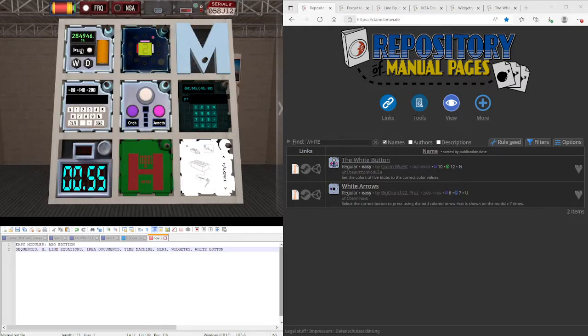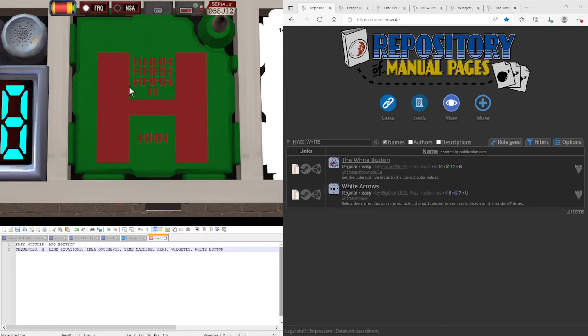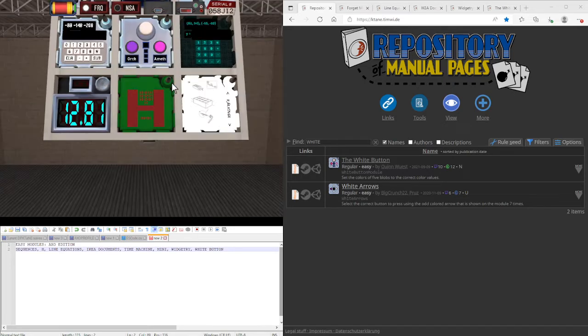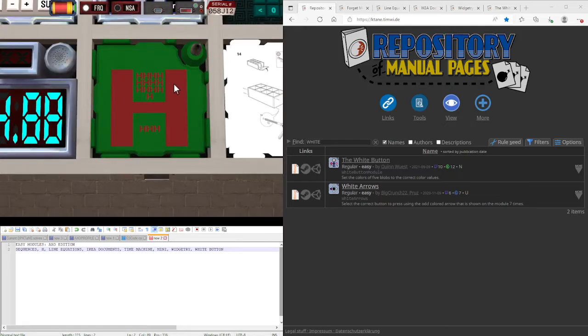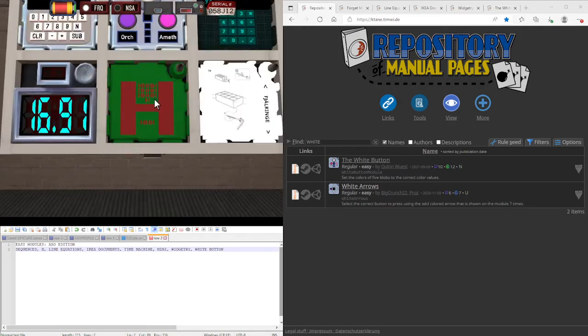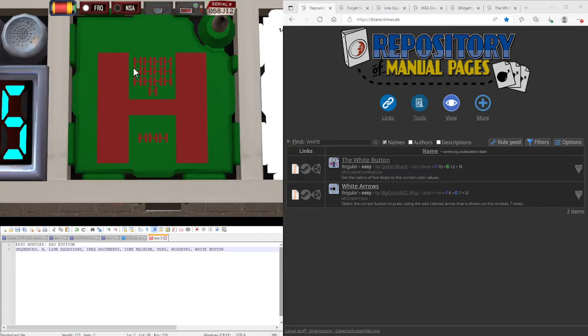Let's start off with this. This is H, as you could probably tell from what it looks like. This one's very basic. You could easily do it without the manual open. So what you first have to do is count how many H's there are, not including the large H in